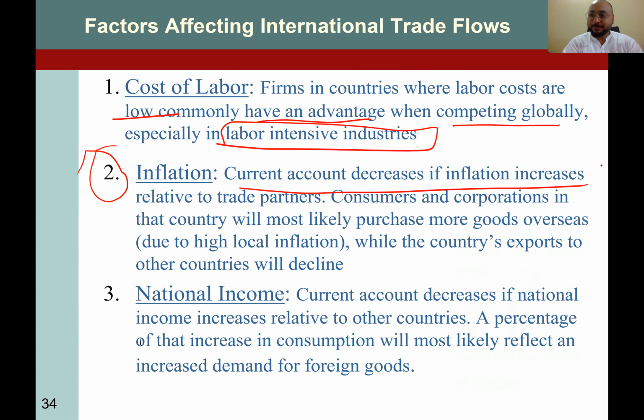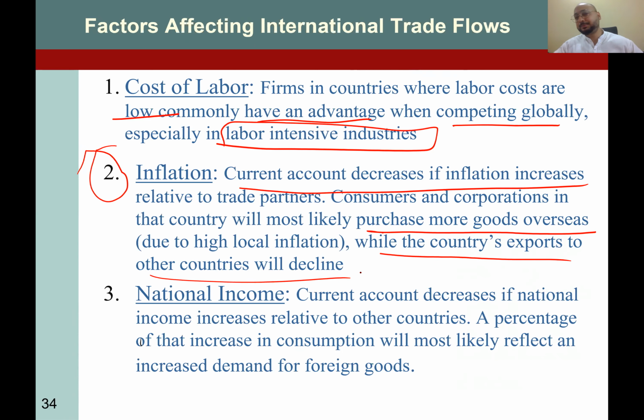Amazing. Because consumers and corporations in that country will most likely purchase more goods overseas, while the country's exports to other countries will decline, right? So when you are two trade partners, if in one country inflation is high, what happens? It means people have more money. When people have more money, they want to buy more imported stuff. So their imports are going to increase,